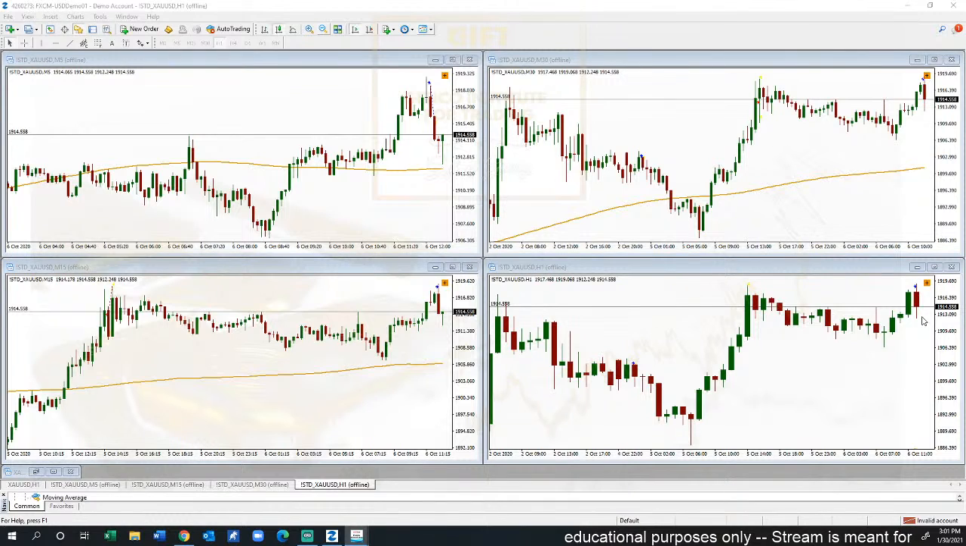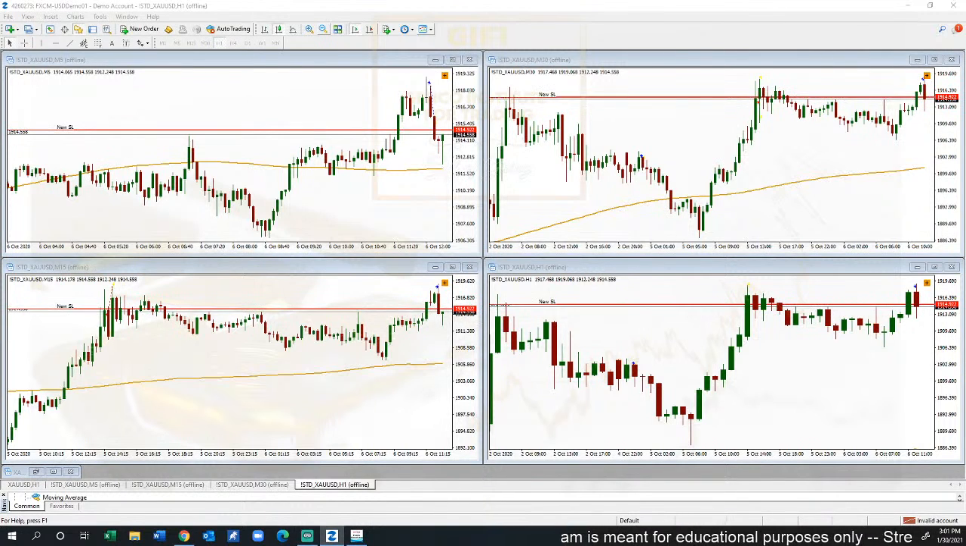I'm going to retry this buy idea again and see if it plays out. I'm going to put the stop below this 5-minute candle at 1911. I think that's 1911.80. So it's only going to be a 30 pip